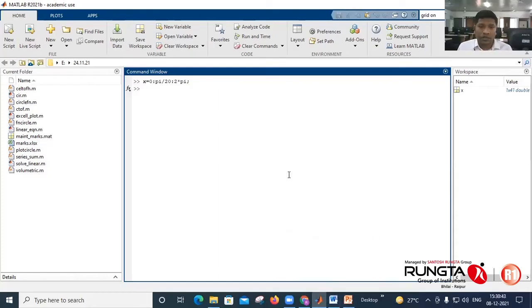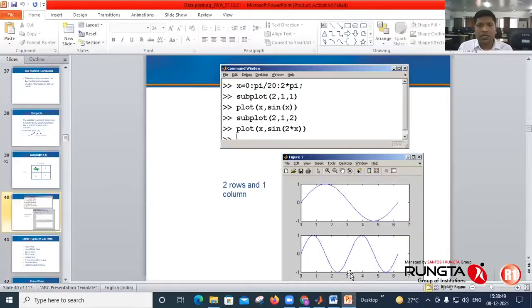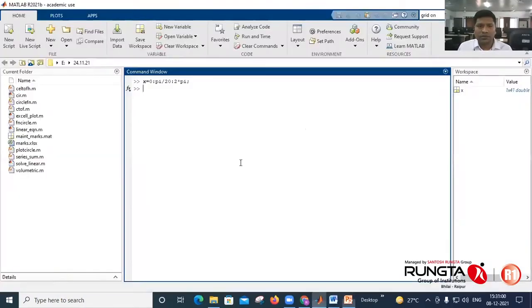Then define y. As per the presentation, y is x sin x. Then subplot 211. So subplot, 2 rows, 1 column, first place: 211.